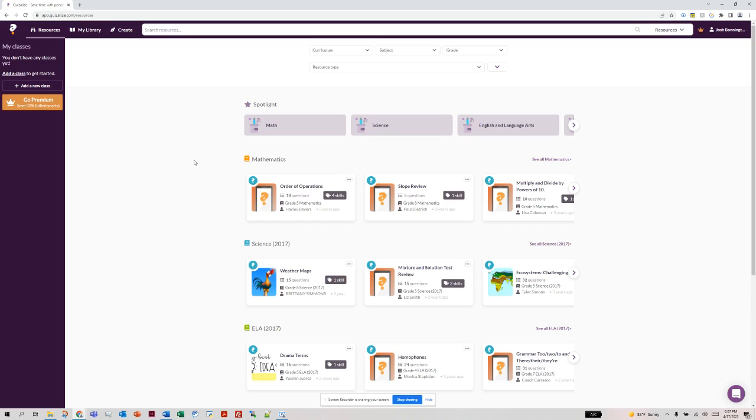Quizalize is a digital tool that allows teachers to engage with their students in a more interactive and fun style than a normal pencil and paper way. First, I'm going to show you what the quizzes look like, then how it'll look once you set up a